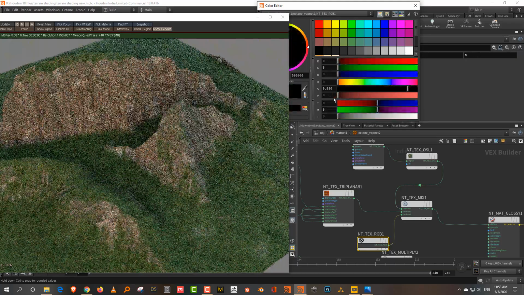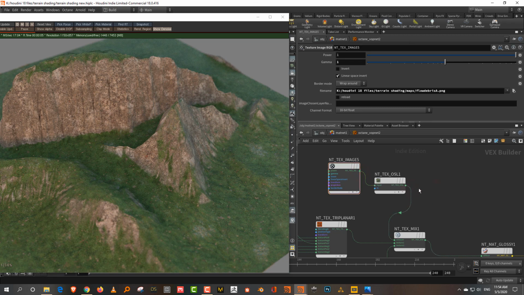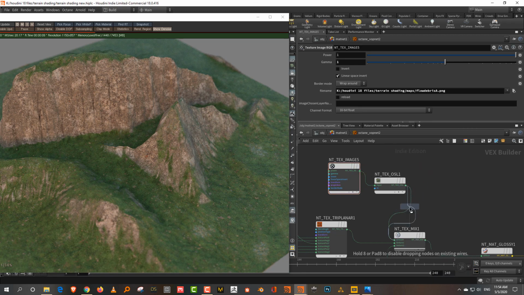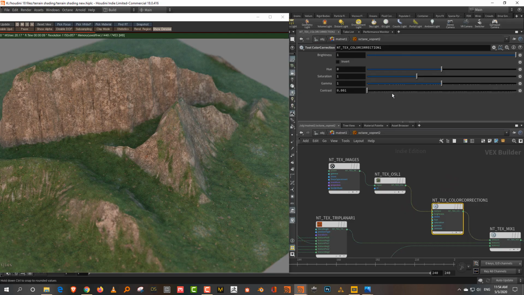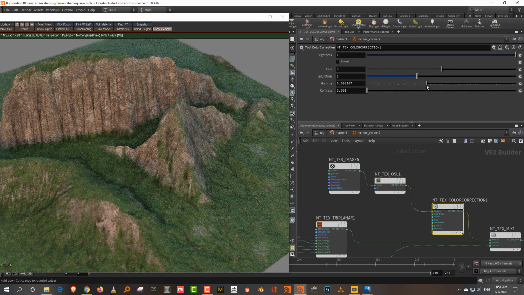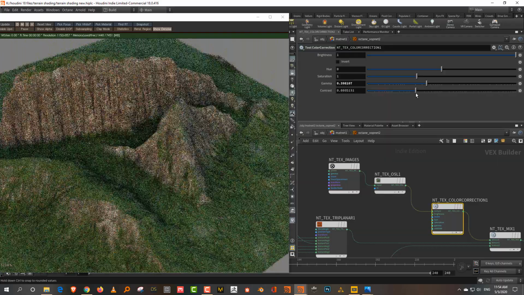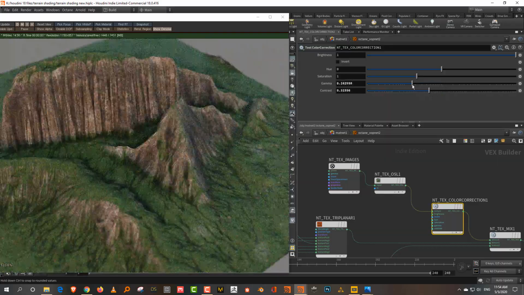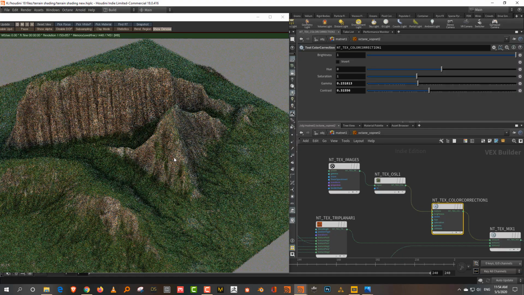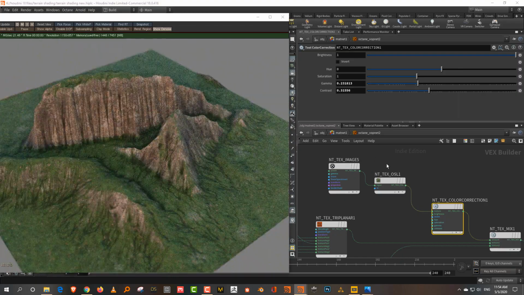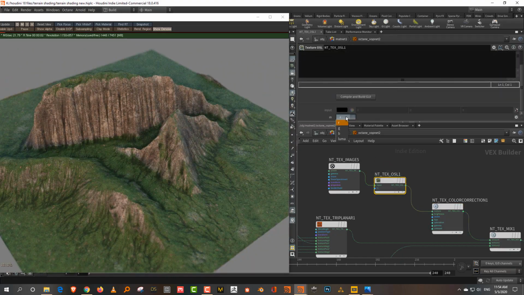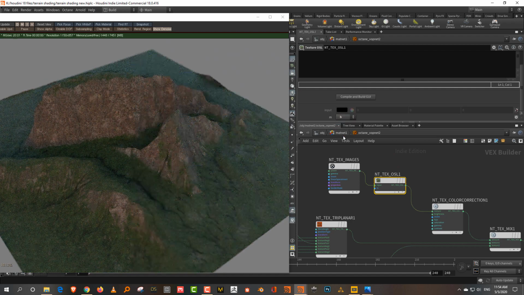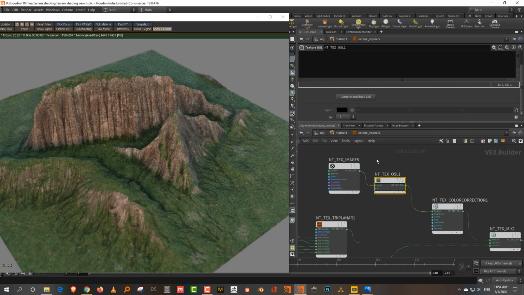That's not bad. What you can try is, after the OSL, I can take a color correction in the middle and just adjust the gamma or something. There you go. See, so you can make it slightly darker like that. That looks decent. And you can try different inputs. So this is the flow map, and I believe that is water. You don't want water. So you can do this.